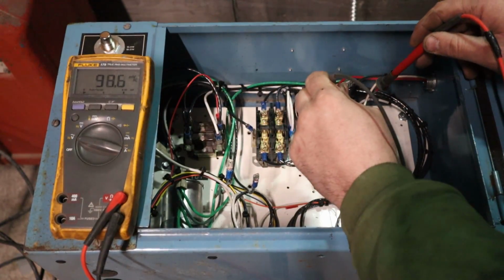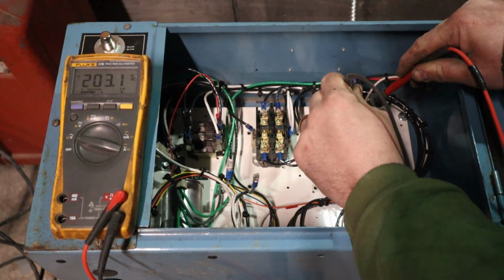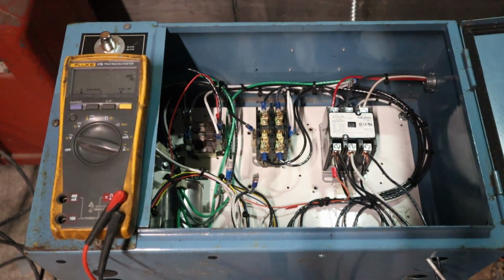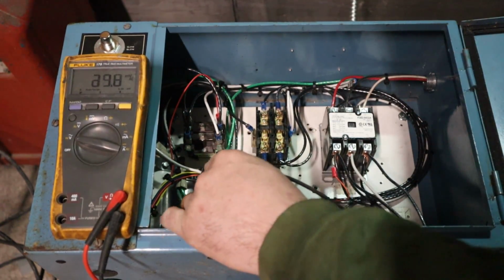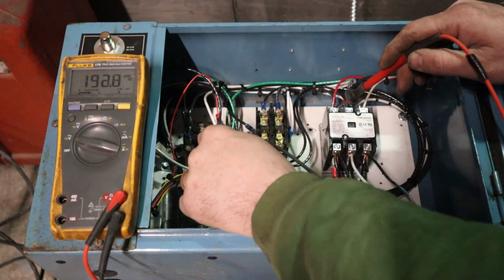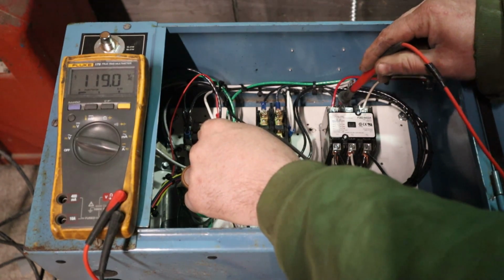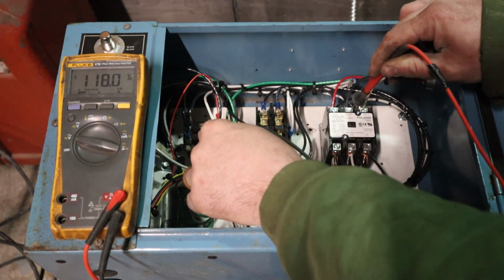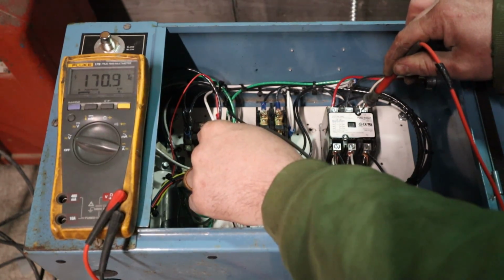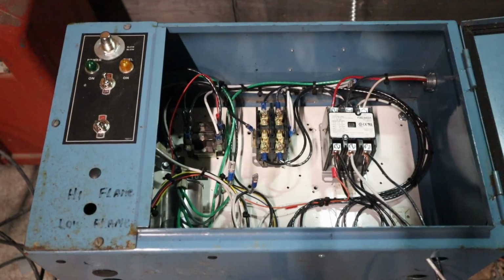236, 211, 203. Check these to ground. Yeah, it must be I didn't have something welded tight enough or something. 119, 118, 170. So we had a substantial voltage drop without the run capacitors. Now remember how when we turned,